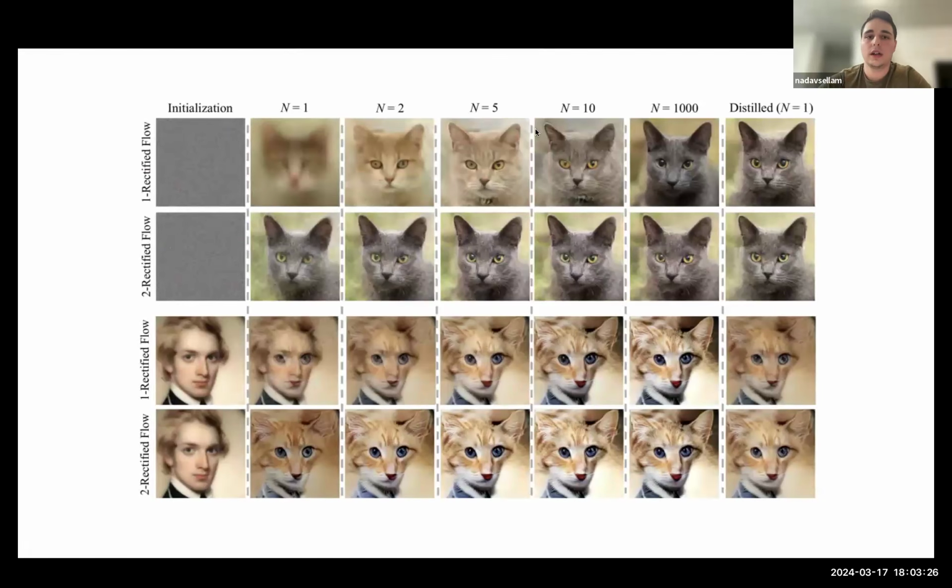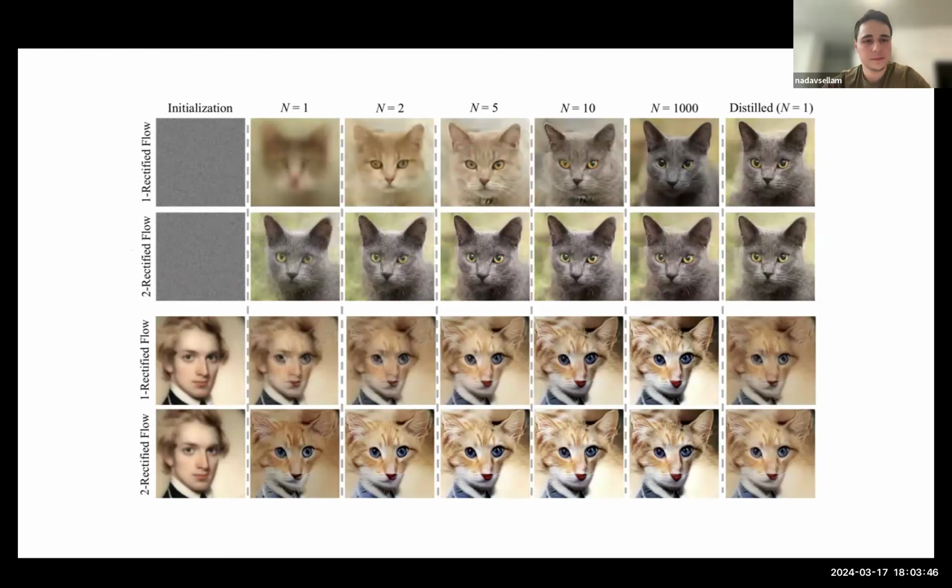So how does it look on some real world use cases? They showed in the paper 2 problems. They mapped Gaussian noise to images of cats, and images of people to images of cats. They must have really liked cats. I can relate. So here we have 1 rectified flow and 2 rectified flow, which means how many times they